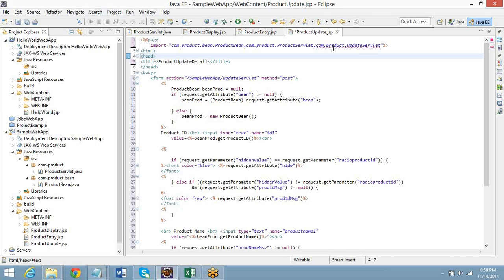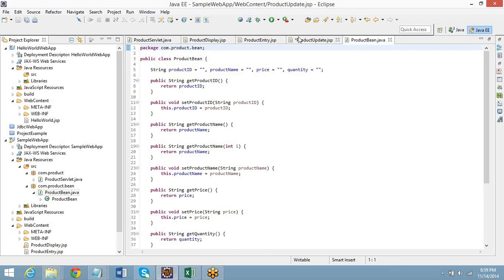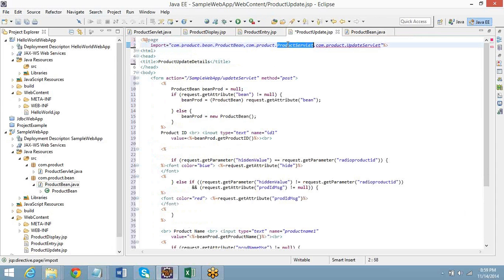But there is no import required. First thing, okay? Here, right? I have a bean here, which has all the getters and setters. So that's the reason I imported the bean. And why the servlet? Because I'm continuing with it. Servlet was not needed, I was just trying to use it. Yeah, the bean is required, but don't keep other things. Remove it. It's a waste of memory. Okay, done.